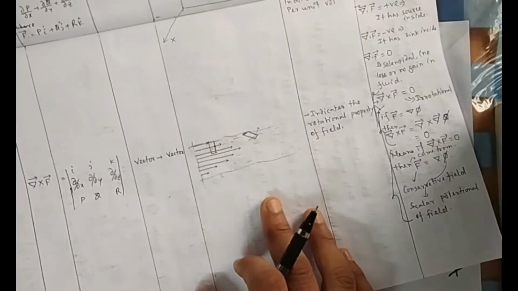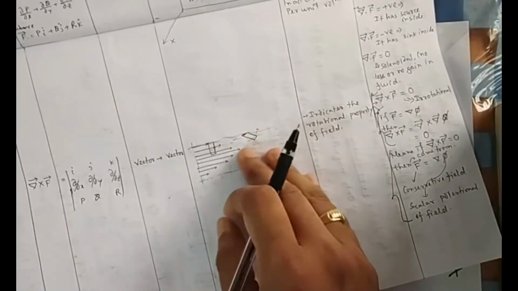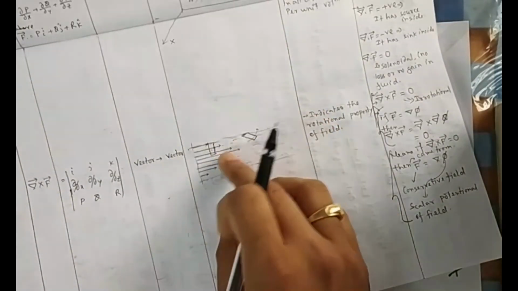Curl means again this formula. And this one is a rotation, you can remember this figure: a river, you put a thermocol there, it will rotate. If it is 0, then it is irrotational. If it is 0, that means it is originally not a vector, it is coming from some scalar, and that scalar is known as the scalar potential, and that field which is created from a scalar is known as conservative. So I'll put all this in a PDF. So that's all.